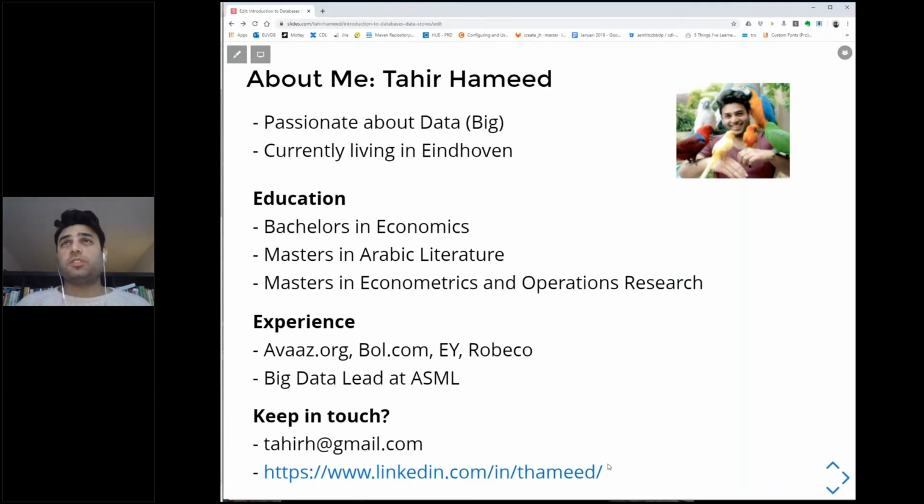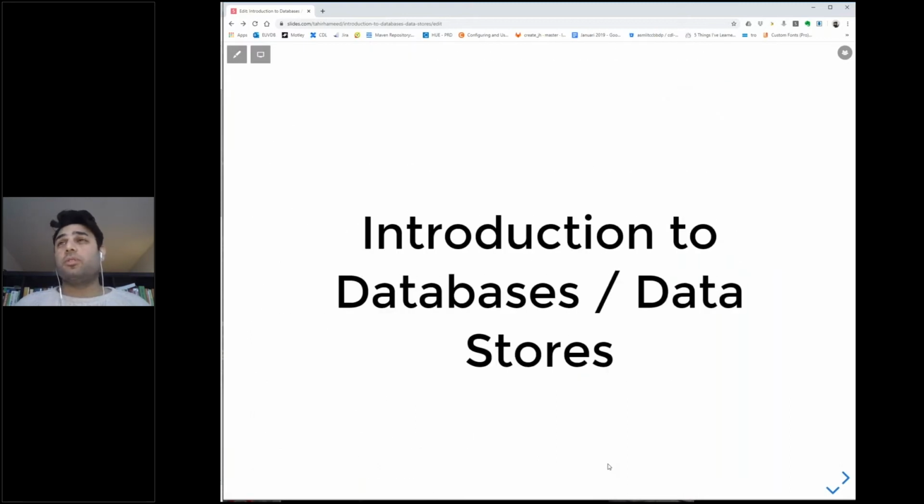So this course, or this Samen Groeien session, is about an introduction to databases and data stores. It's not supposed to be hands-on training or extensive course material. So we'll be covering things at a bird's eye view level. Some of you might already be familiar with those things, and for some it might be new. But let's see. I would be glad to hear or read your comments in the questions text box.